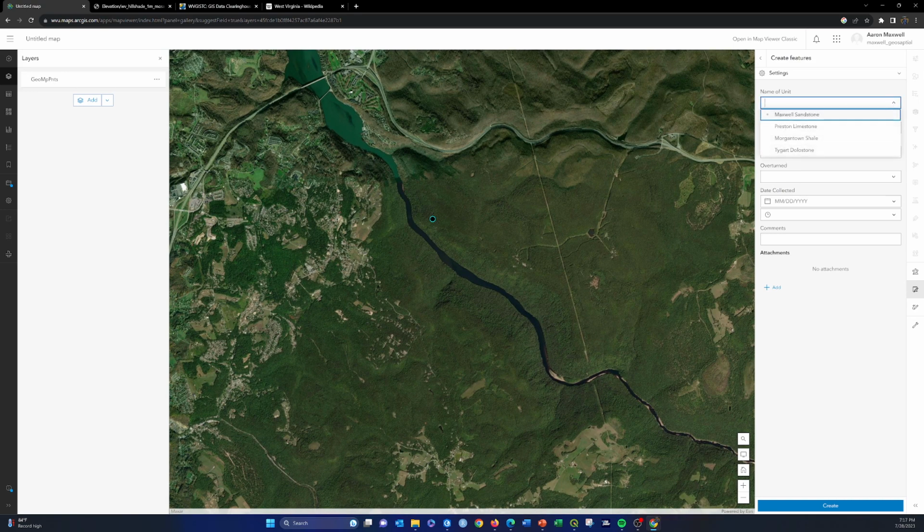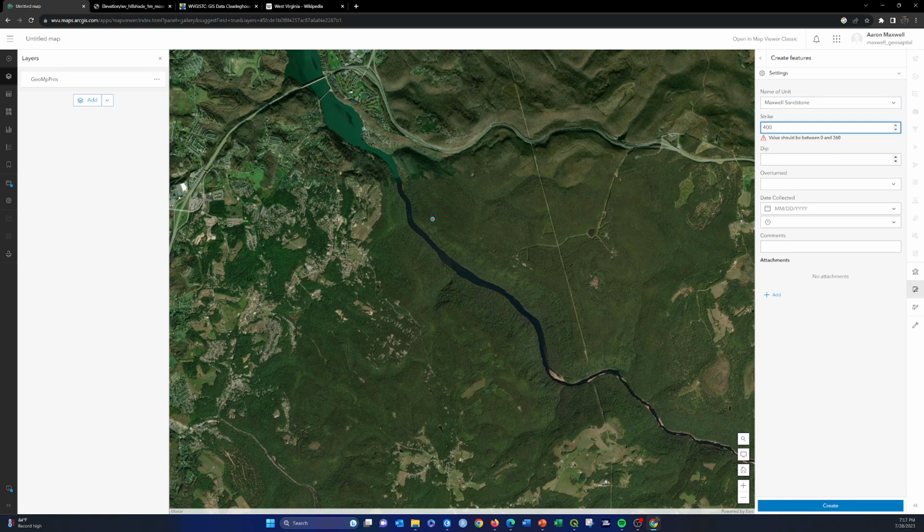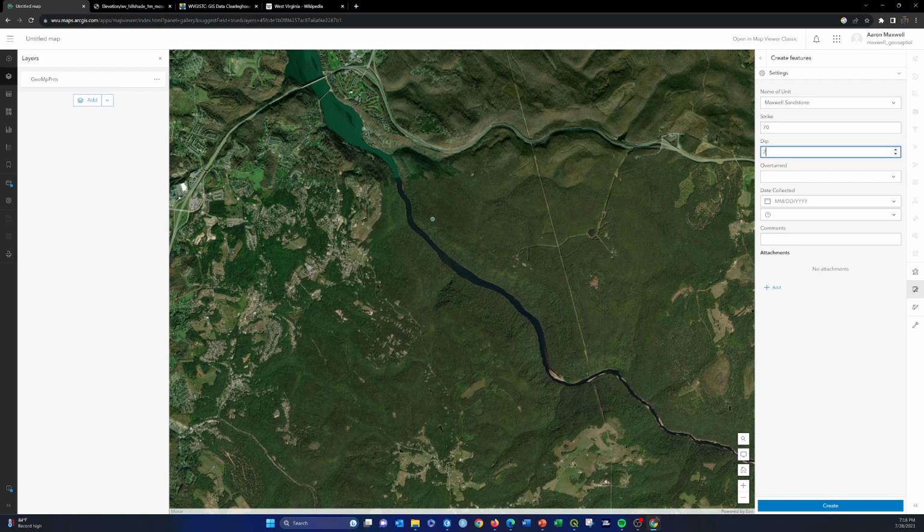So now you can see we only can select from our unit names. Use sandstone there. If I try to put in a number that's outside the range here, it'll tell me it's invalid. So we'll just do, doesn't matter, we'll do 70. And same thing with dip here. So we put like 200 in there, it'll yell at us. Or like negative 20. So we'll say, it's just like 13. And we'll say